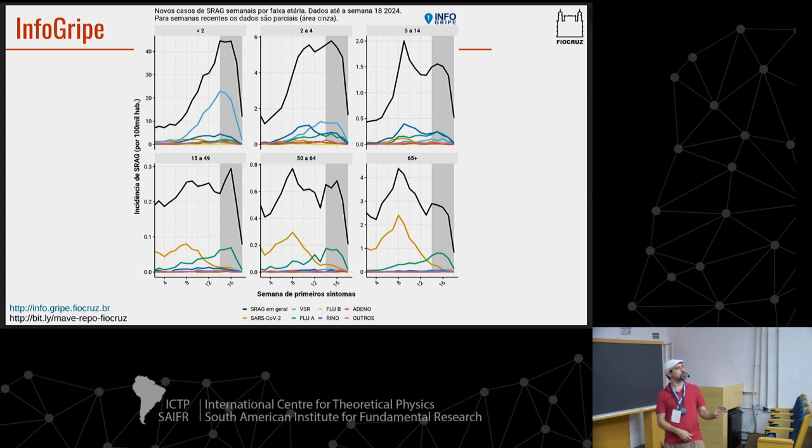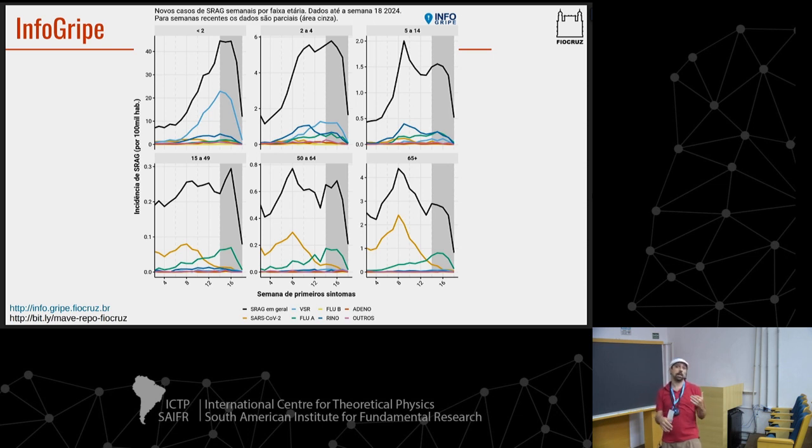So RSV is worse for very young children, influenza for kids and the elderly, and moving a little bit further into pre-adolescents. SARS-CoV-2, again the extremes, being far worse on the elderly, but very young kids are also at high risk,